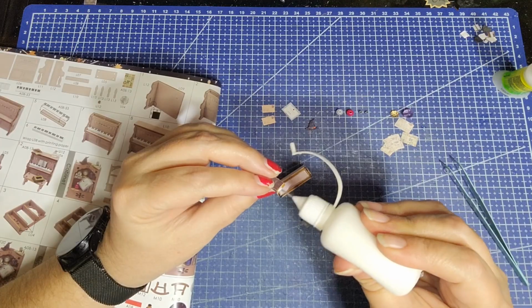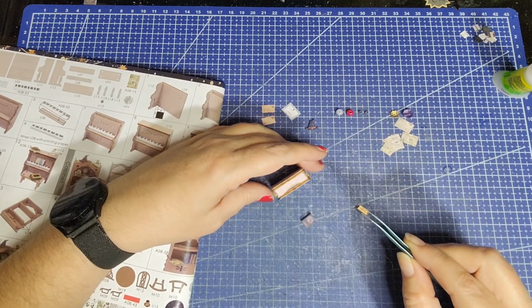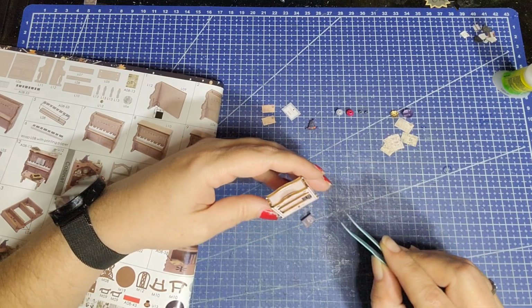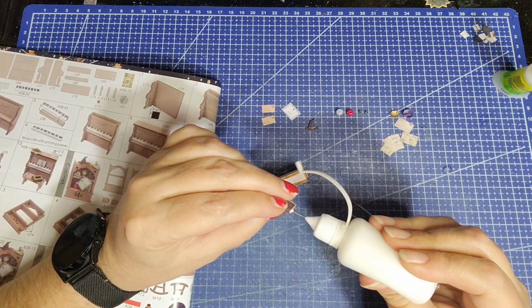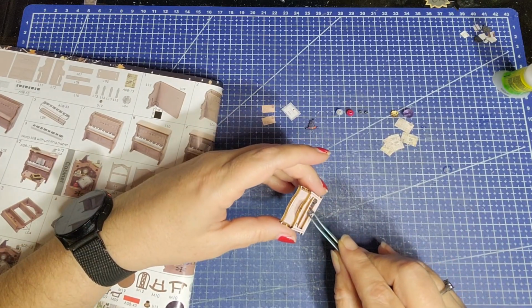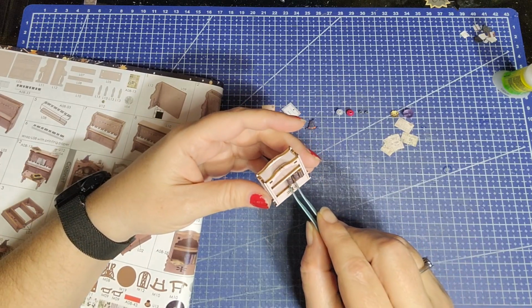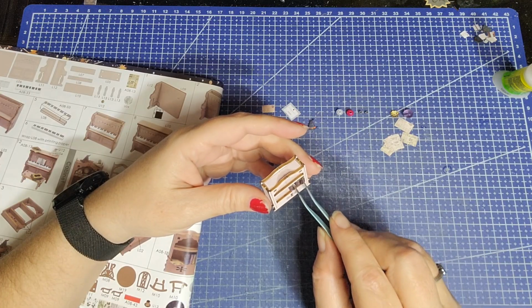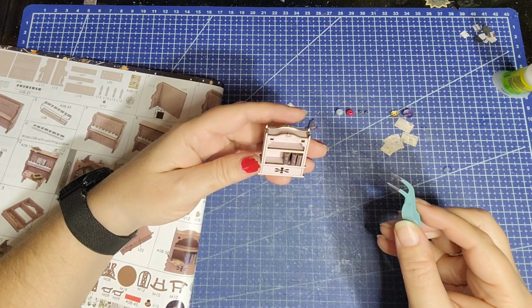Just put my glue on the bottom of the book. I'm not gonna worry about gluing them together because they can have it spread out a little bit. Actually, I'm gonna spread them out a little bit, put that last one a little bit over. Okay, and then